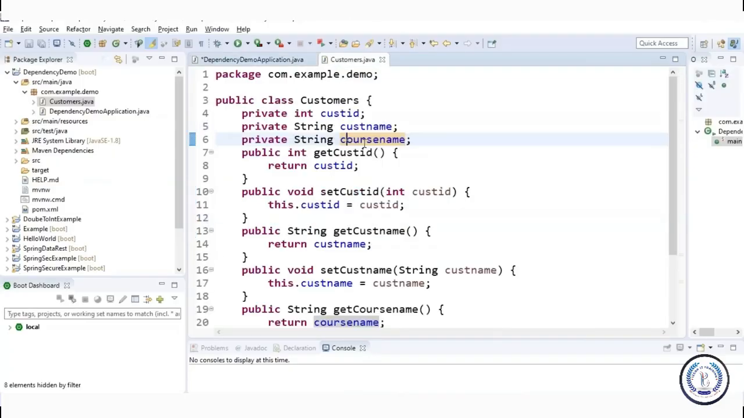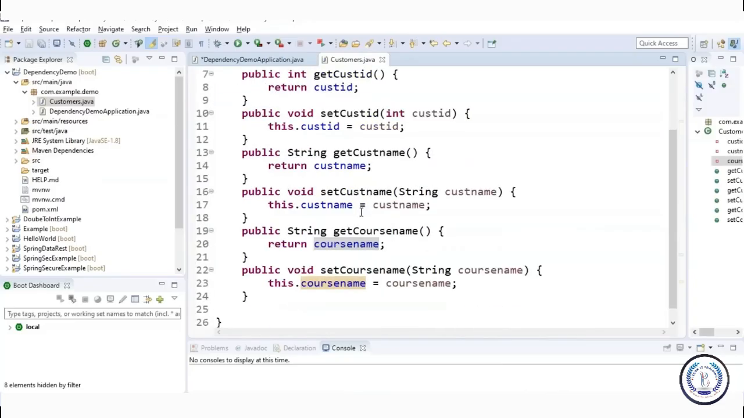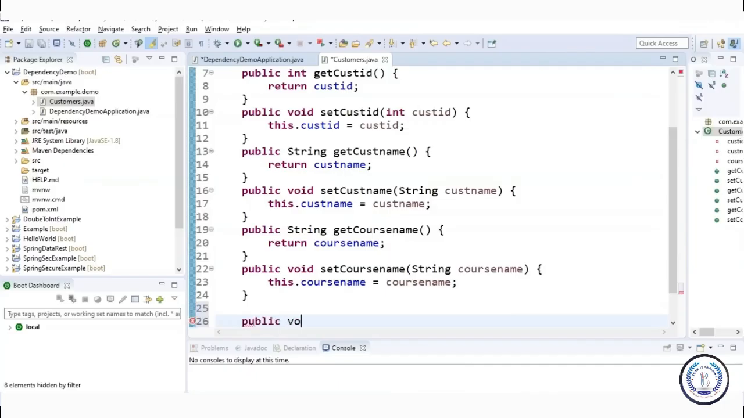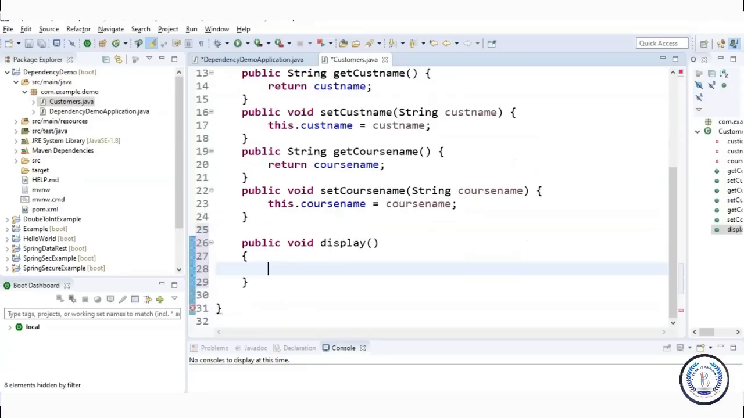So to do that, we can go back to our customer's class, and then we can just add the public void display method, right? I'll add a method, let's say public, in lowercase, and I'll mention public void display, with brackets, and then inside I'll mention system.out.println,